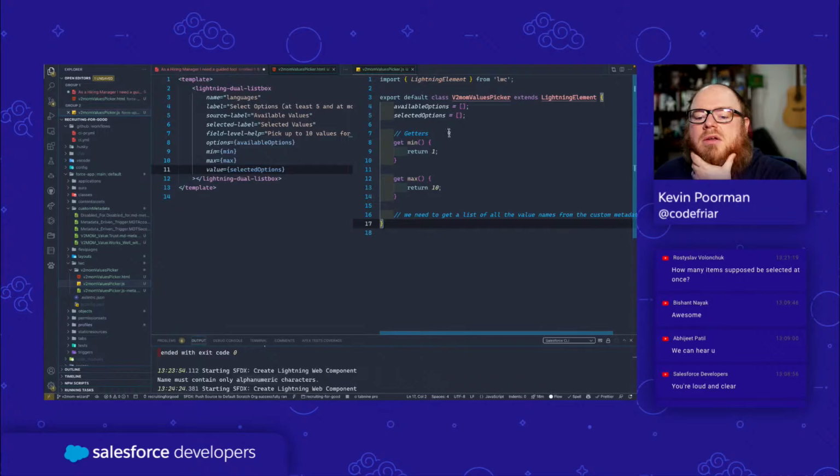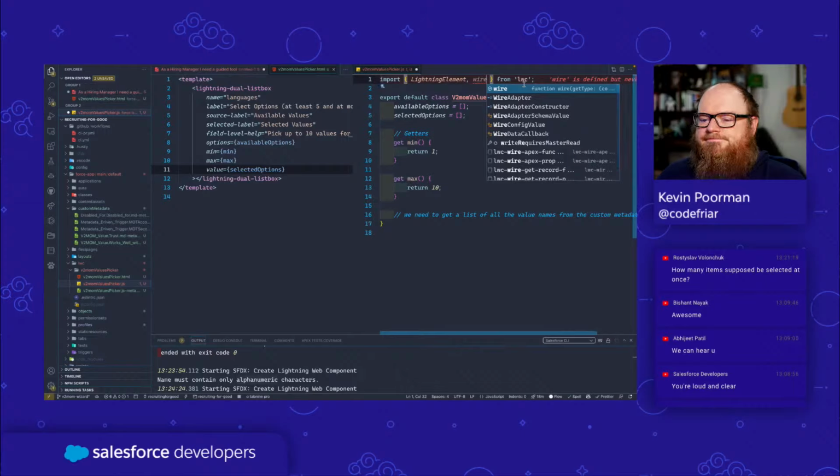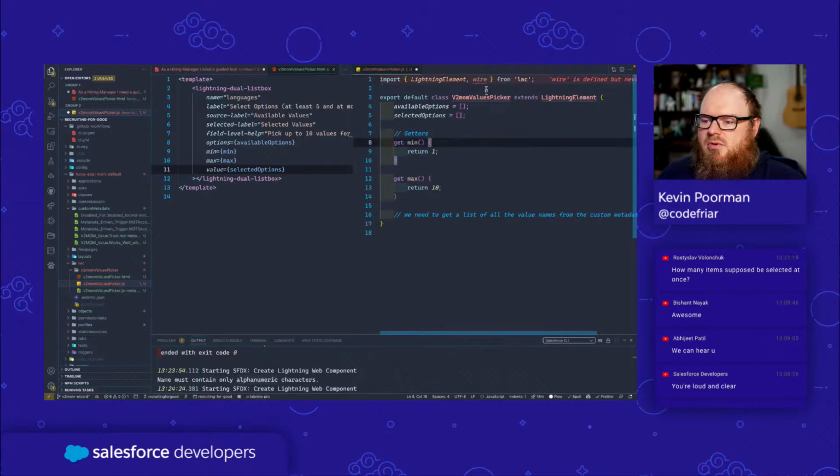And our available options we're going to have to populate. So what's the best way to do that? And I think the best way to do that is to just do a wire function. So we're going to do wire. Wire is defined but never used. Okay, that's fine. And then we'll do available options,